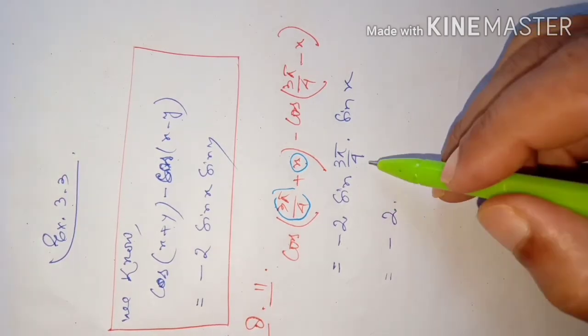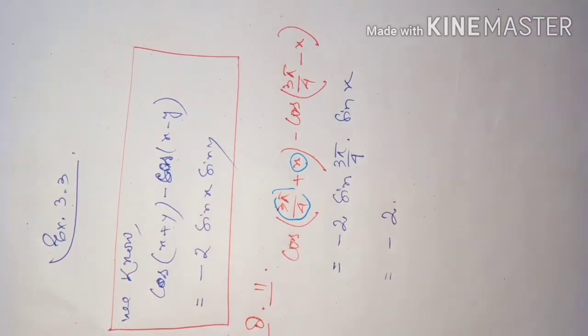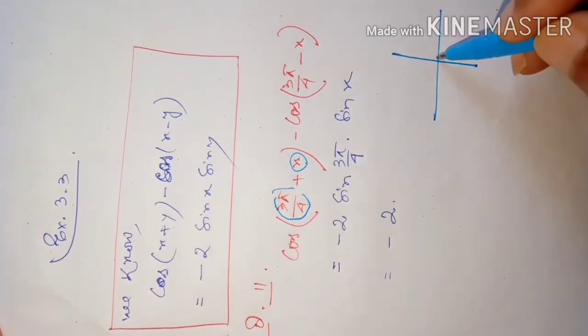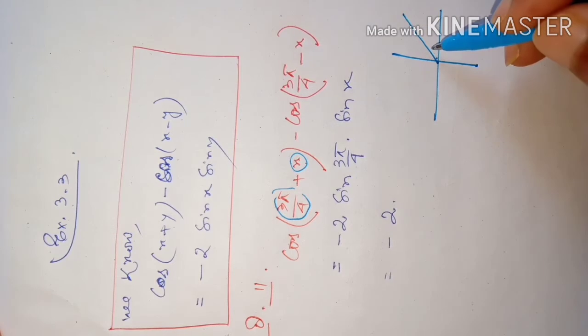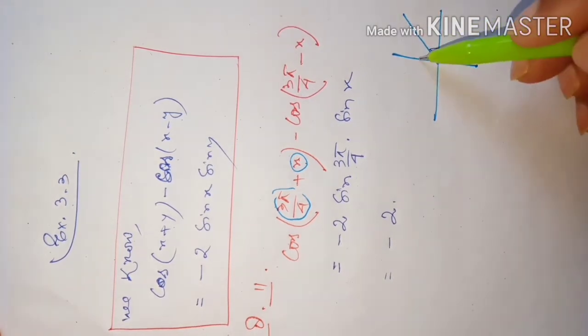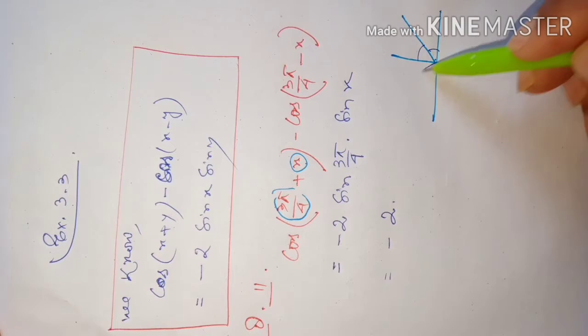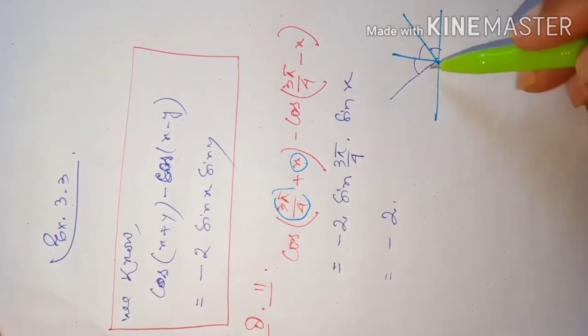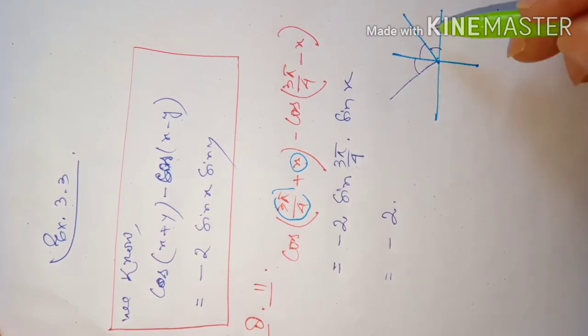So dear students, now you see here minus 2 times, here it will be sin of 3 pi by 4. Just recall what is the value of sin of 3 pi by 4. 3 pi by 4 will be just like this, just see here. Suppose this is pi by 4. Pi by 4 means 45. So this is pi by 4, this is pi by 4, one more pi by 4, that means it will come here. So sin of 3 pi by 4 means actually pi minus pi by 4, which is equal to sin pi by 4 only.